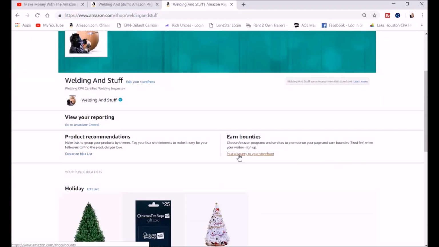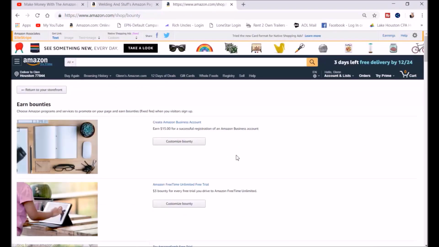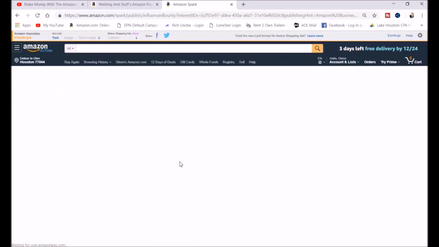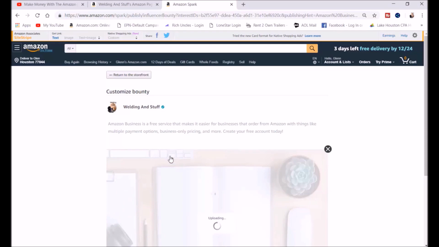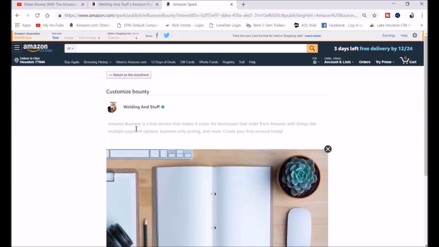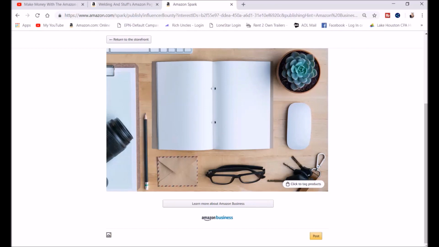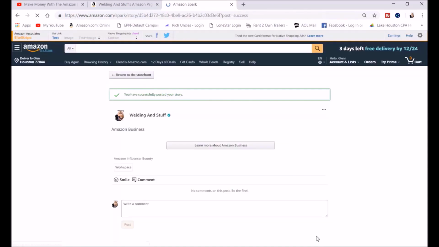And I'm going to add a bounty. These bounties are for businesses people like. I'm going to add this business. If somebody signs up for this, I get $15. So you click on it. And you type in Amazon Business, whatever you want to name it. And you hit post. Once you post it,